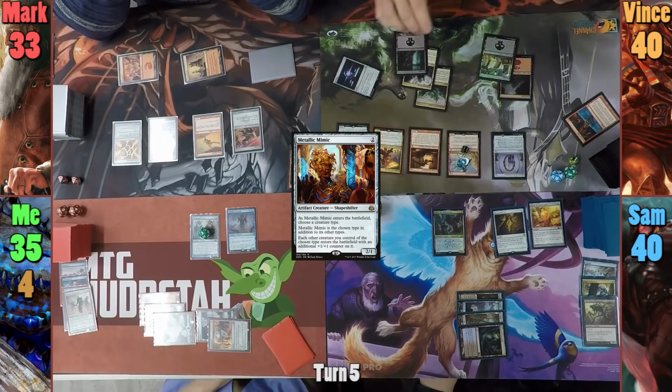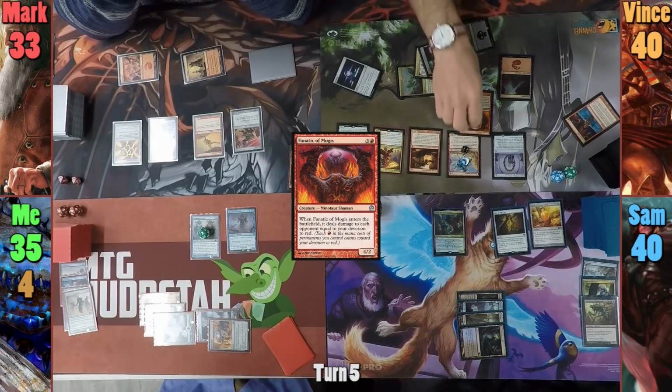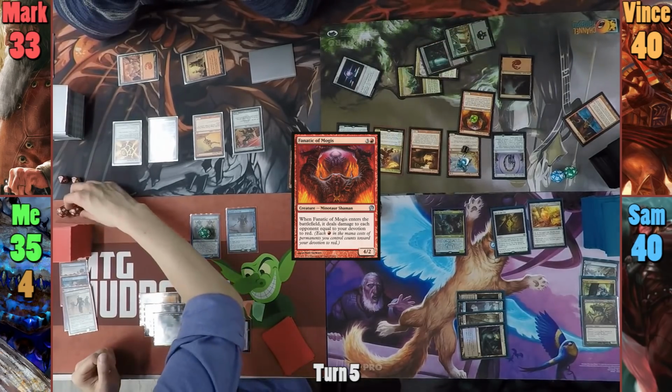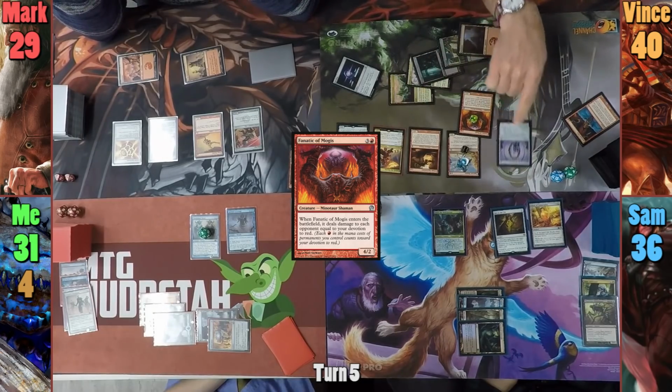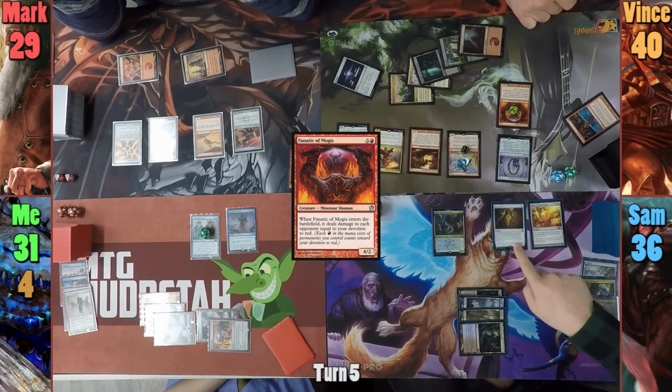Well, no, Minotaur. He then casts a Fanatic of Mogus, which upon entering, gains a +1/+1 counter from the Mimic, and we count up Vincent's Devotion to Red, which is 4. This has the Fanatic deal 4 to all of his opponents, and he has the Mirror become a copy of the Fanatic. I realize too late that I've missed the Mauler trigger, and Sam offers to make something unblockable if